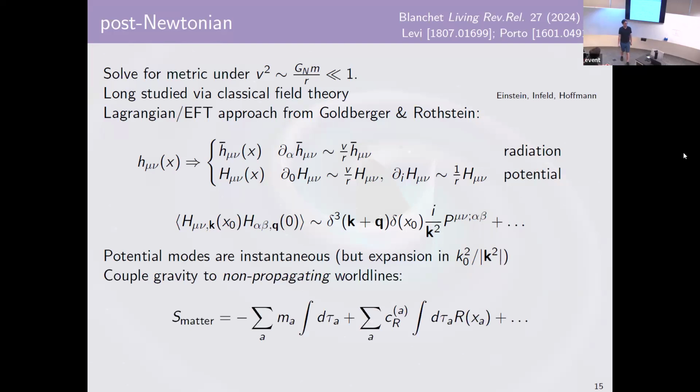And then again, as I said, we couple it to non-propagating world lines. And what we'll end up finding is that our matter action has our sort of normal kinetic term, but that as you integrate these things out, you get more and more contributions in an effective field theory framework, more and more operators where you get loop-induced corrections to them. And in that way, you actually fill out and discover the types of tidal responses that you expect, but are very hard to write down a priori.